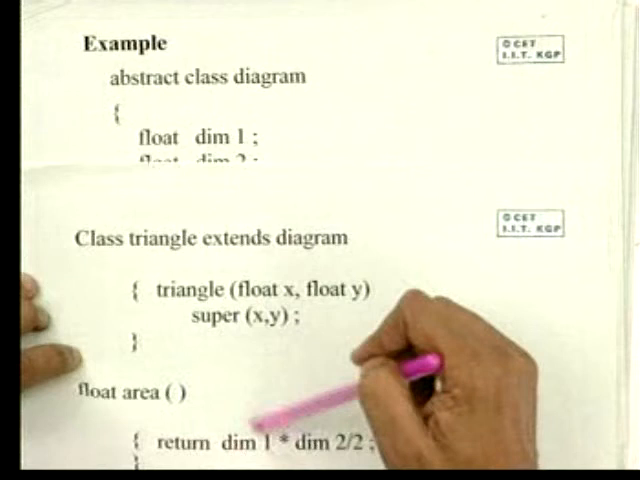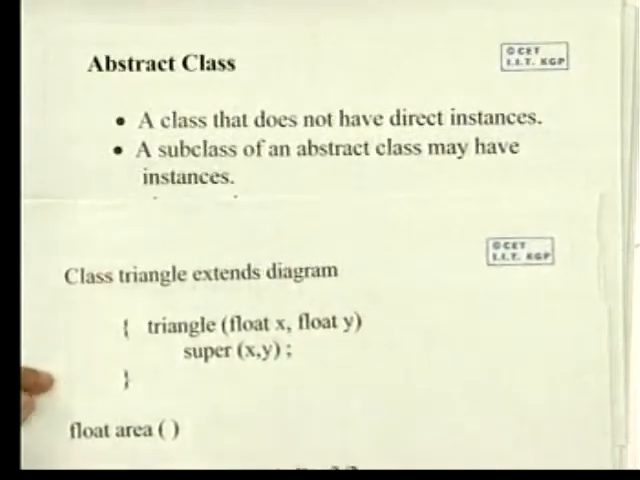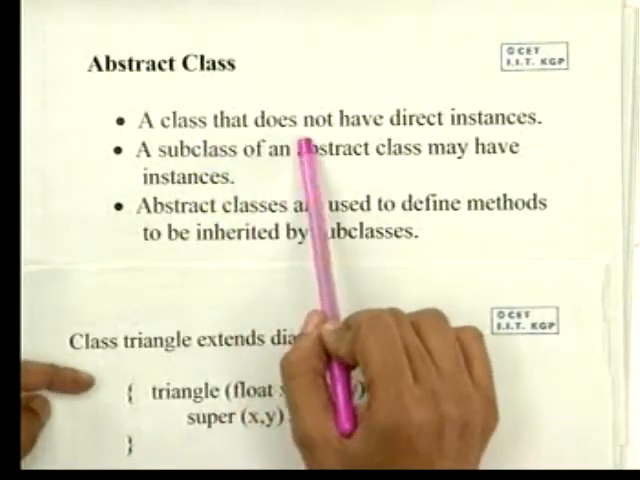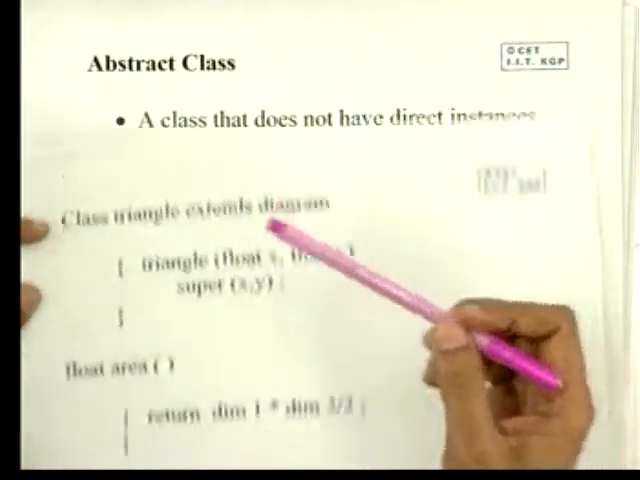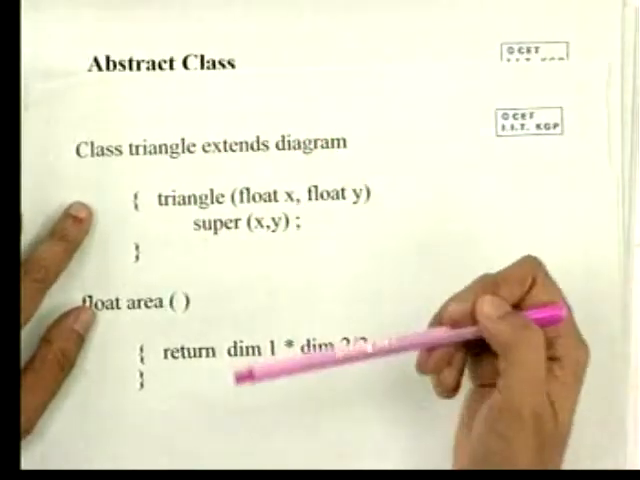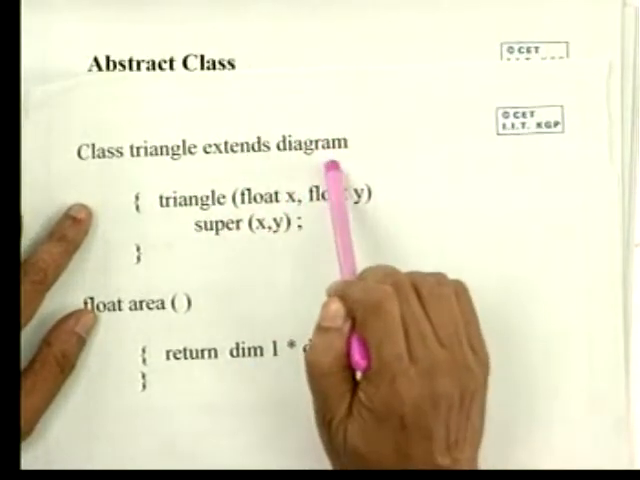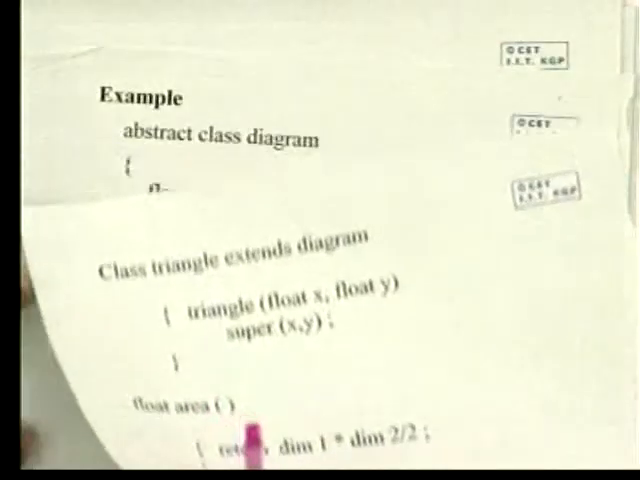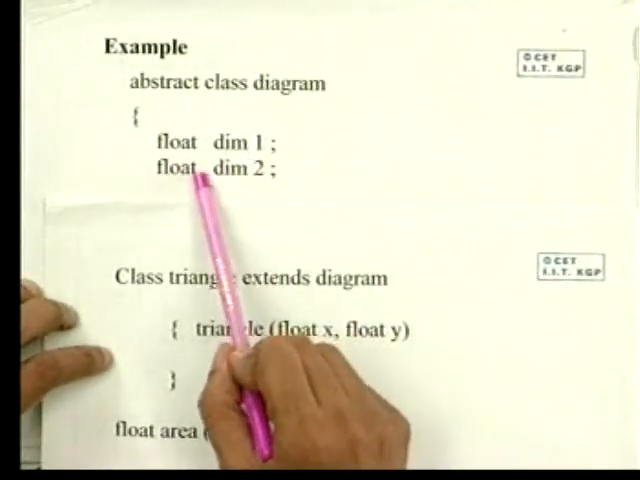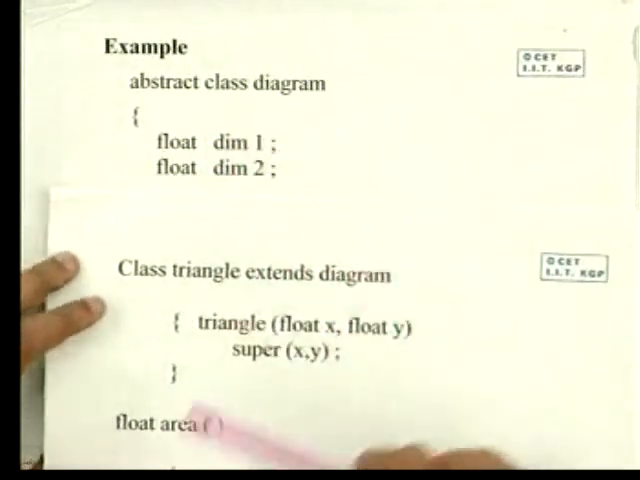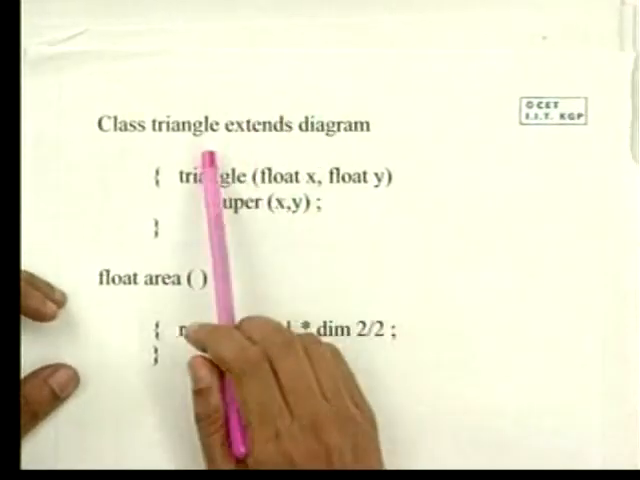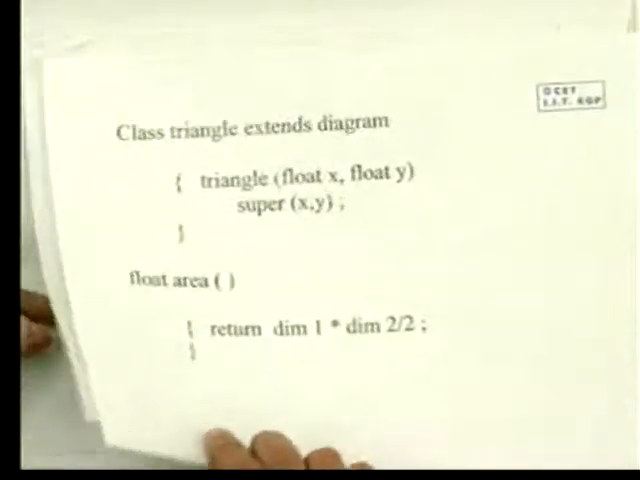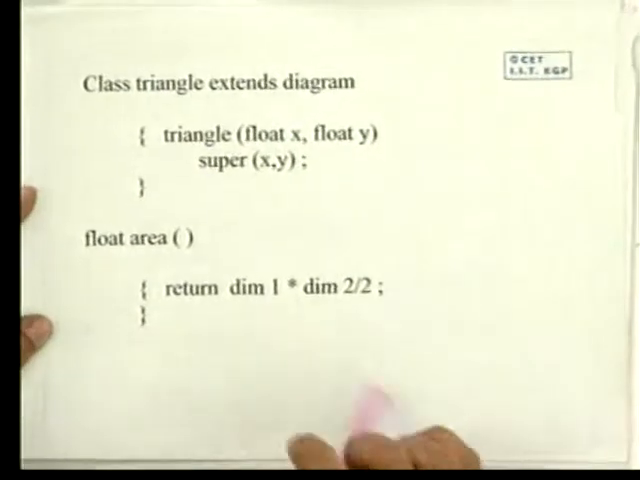So, here is a case, we will come back when the language Java is, or the other specific example is taken, that we have a class diagram which does not have diagram instances. We will have a class triangle which essentially extends, or is a subclass of, the diagram. It inherits from the class diagram the properties or attributes dimension 1 and dimension 2, and then it is possible to have instances of the triangle, and then once we have the instances of the triangle, also the area